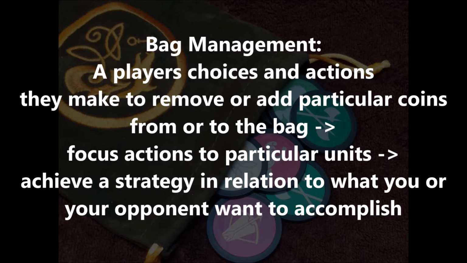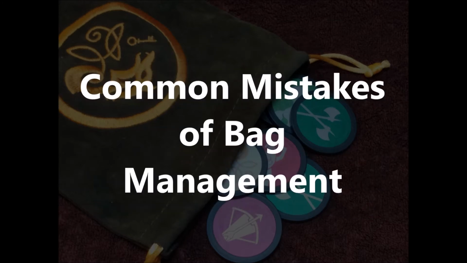So what do you think are the common things that players do that you see, maybe newer players or players that just don't really think about this too much? What do you think, are there some mistakes people make? Yeah, so it's one of the most common mistakes and reasons for defeat. It's to recruit